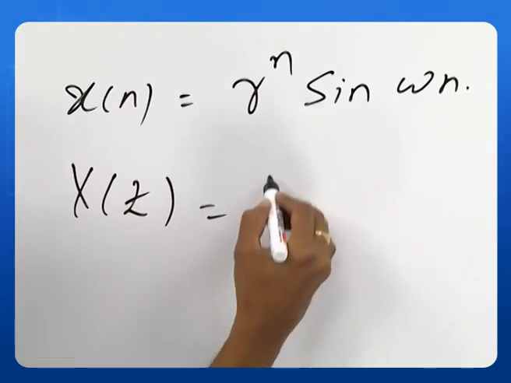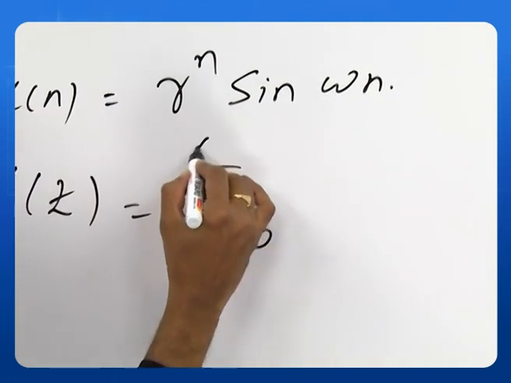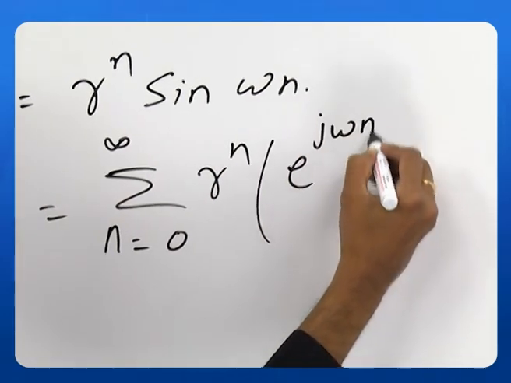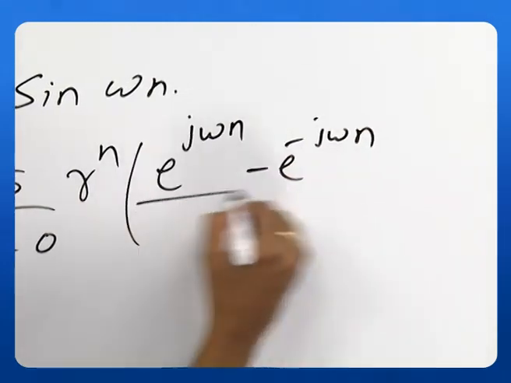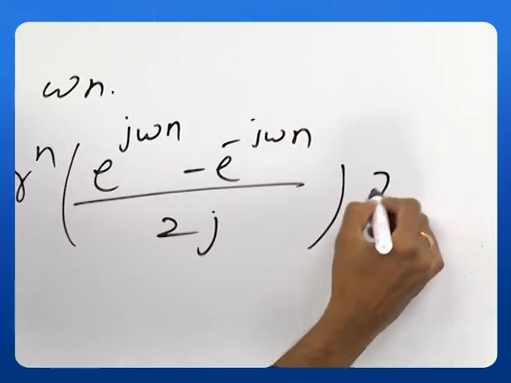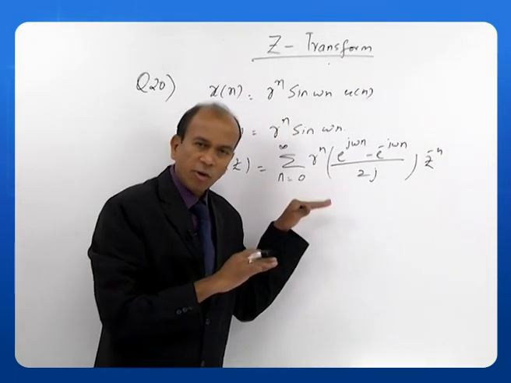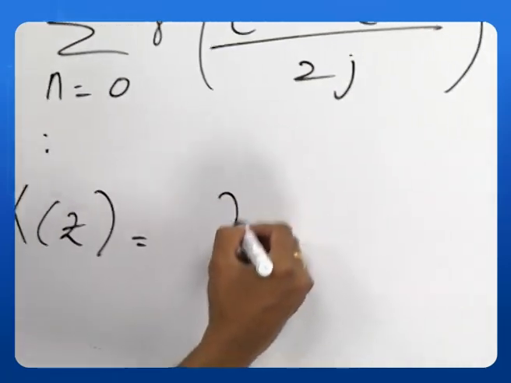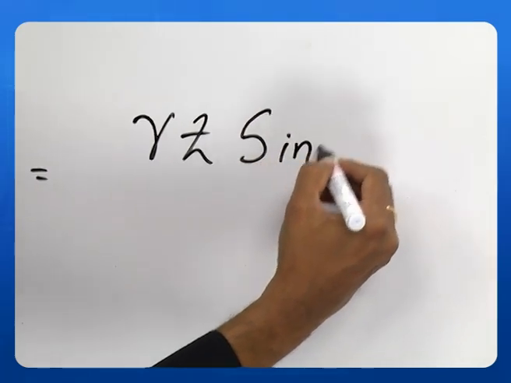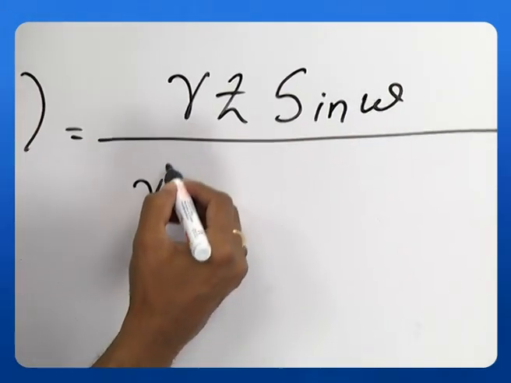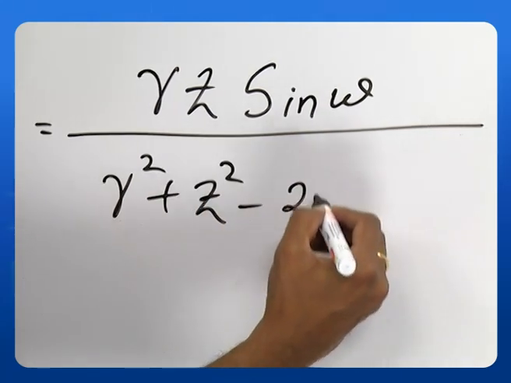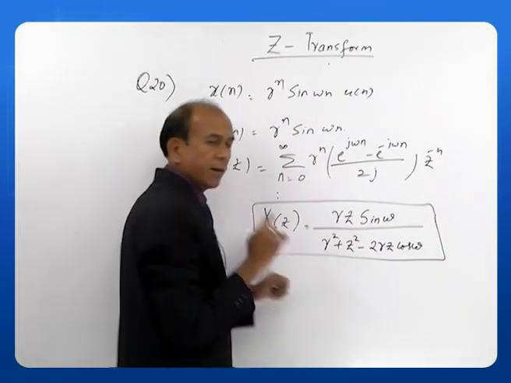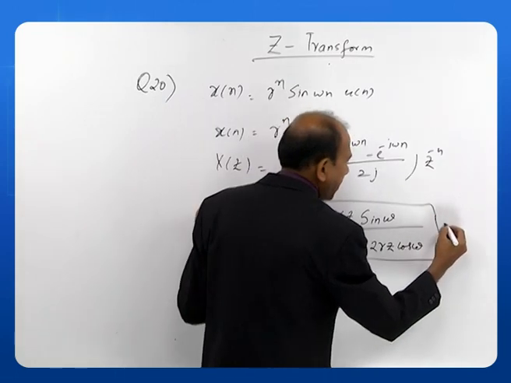So X of z I can write it as summation n equals 0 to infinity r^n, e^(j omega n) minus e^(-j omega n) by 2j, into z^-n. Again taking n common and all those things, I will get a final answer. X of z is equal to rz sin omega divided by r square plus z square minus 2rz cos omega. Okay, same thing you will get here, and the ROC is again